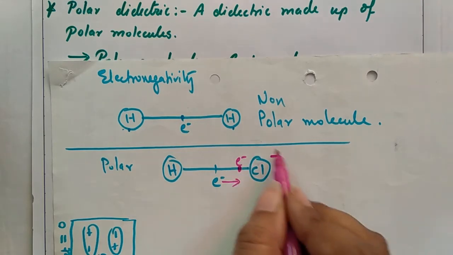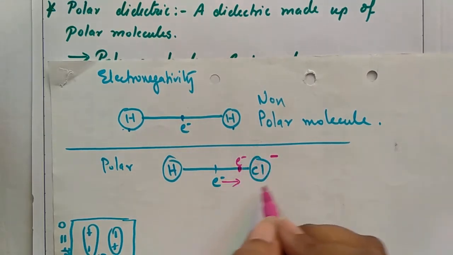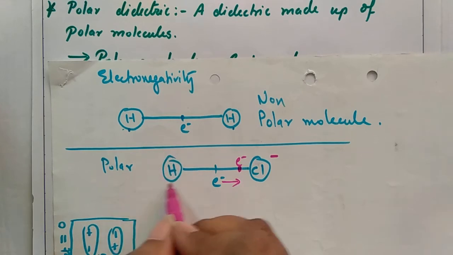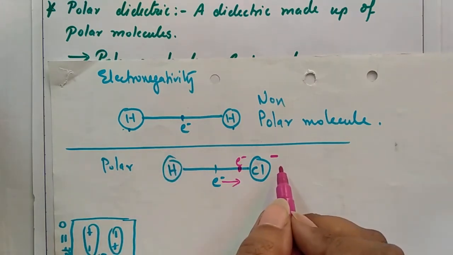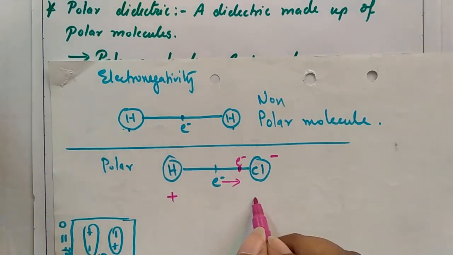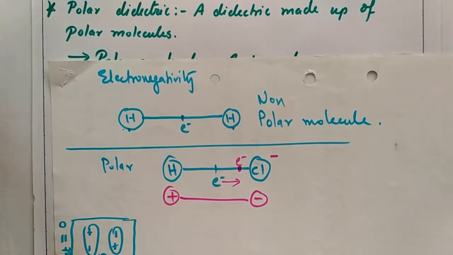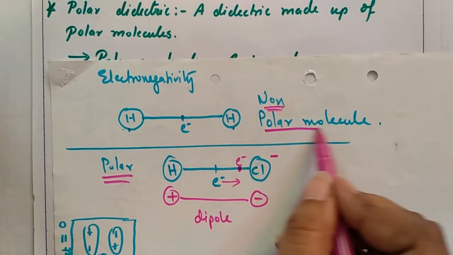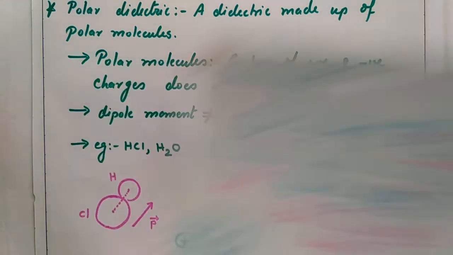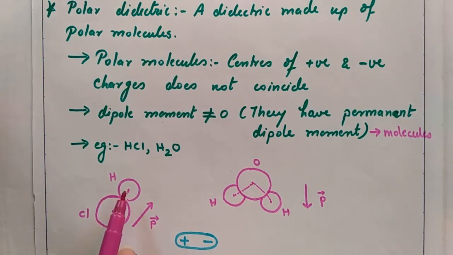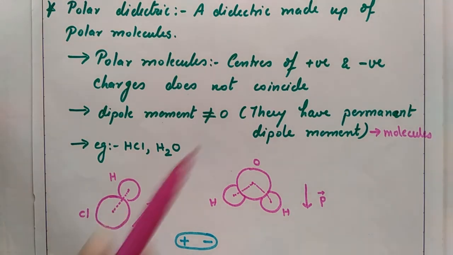So now this side of the molecule will be negative and this side is going to be positive with respect to this side. So now see, this side becomes positive, this side becomes negative, and now see what is this? We can say that this is a dipole. So now this is polar molecule and this was non-polar molecule. So just see here, this is H which was positive, this is Cl which is negative. So what will be the direction of the net dipole moment of this molecule? It will be from negative to positive.